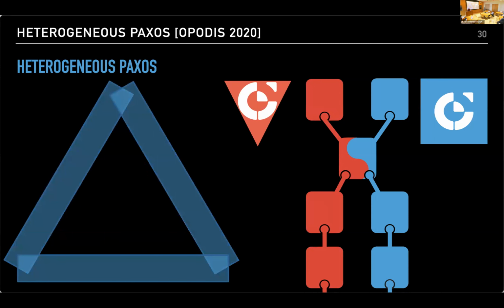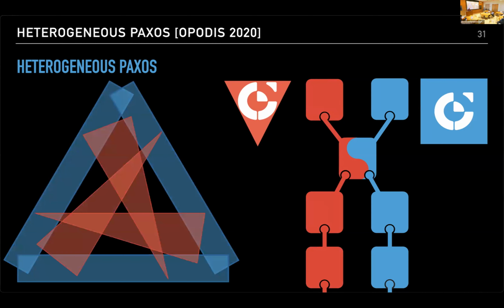So back to our example, let's assume that blue similarly has 3 quorums that all intersect. And things get really interesting if each of the red quorums intersects each of the blue quorums. This is the situation where we can, as long as each of those red-blue intersections have a safe acceptor, do heterogeneous Paxos just fine. We can commit a block, and as far as blue is concerned, using only a blue quorum,